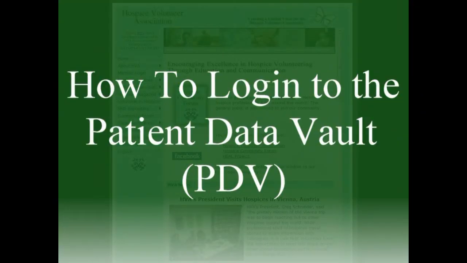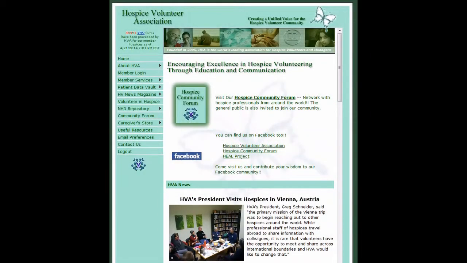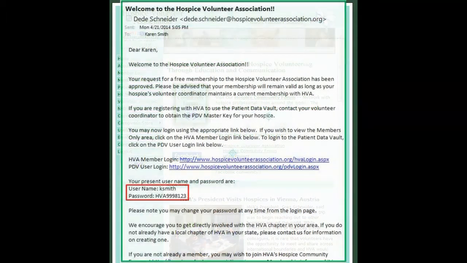This is a tutorial on how to log into the Patient Data Vault. First, let me say a few words about the information you need to log in. When you registered, or your volunteer coordinator registered you, they provided information and you received an email that had your